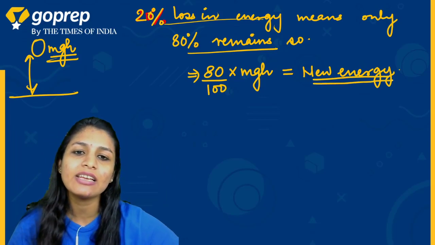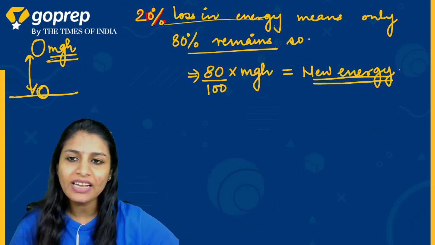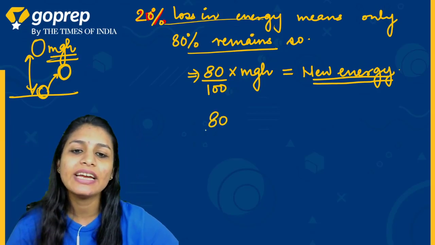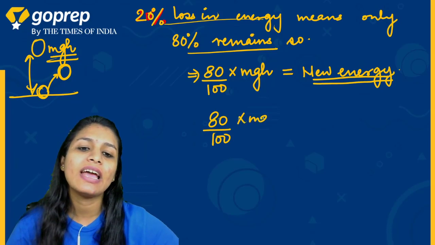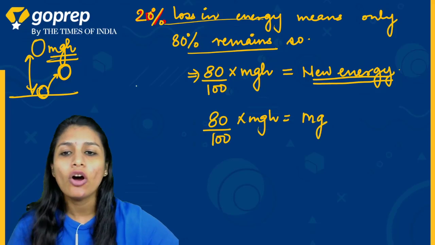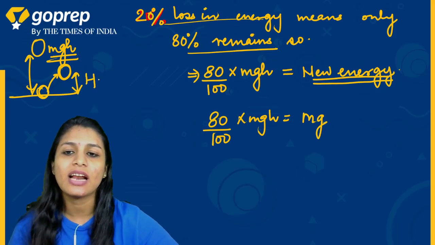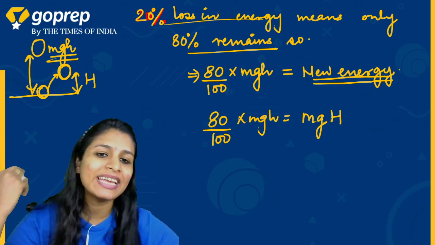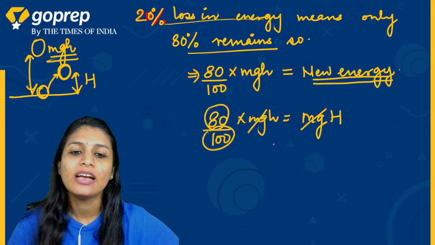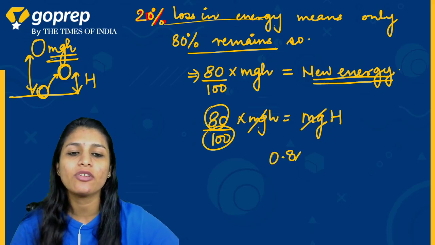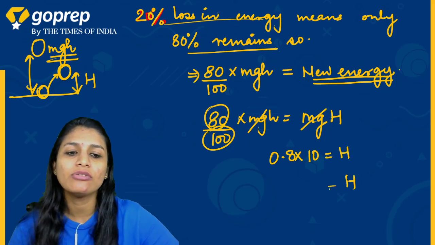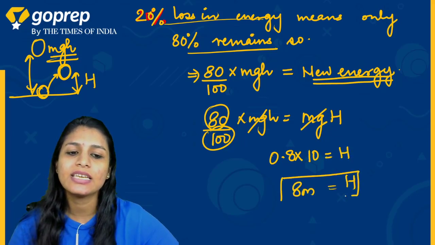और यही उसकी न्यू एनर्जी हो जाएगी जब वो वापस से टकरा के किसी एक पॉइंट पे जाएगा। वहाँ भी तो उसकी कुछ पोटेंशियल एनर्जी होगी, तो ये 80% ऑफ mgh नई एनर्जी के बराबर होगा, जो कि mg और कोई हाइट H होगी। हमें कैपिटल H ही निकालना है, mg और mg कैंसिल हो जाएगा। तो देखिए 80/100 इसको हम 0.8 लिख सकते हैं, 0.8 टाइम्स ऑफ h, 10 मीटर था, इक्वल टू H। तो H की वैल्यू आ गई 8 मीटर्स, ठीक है।